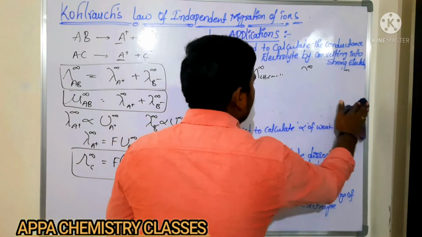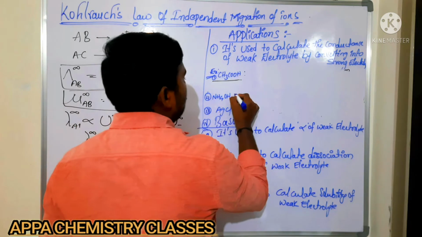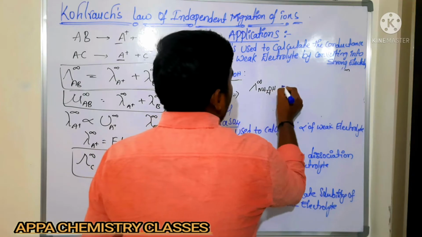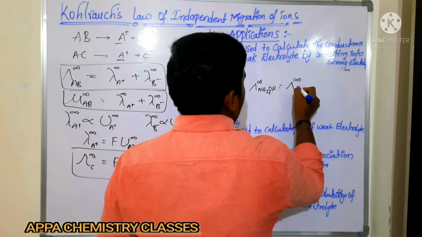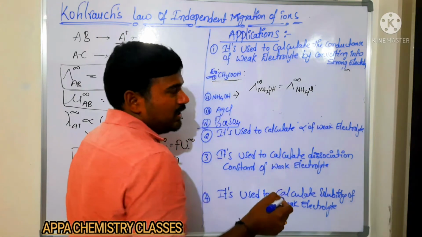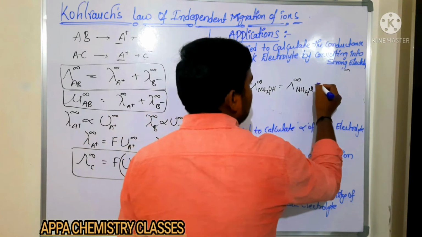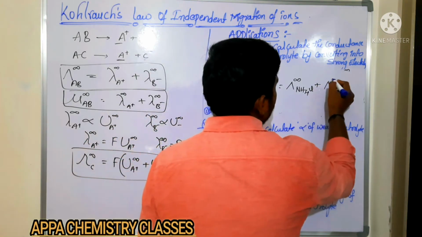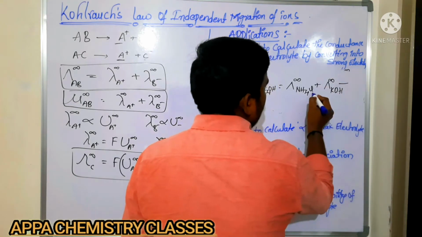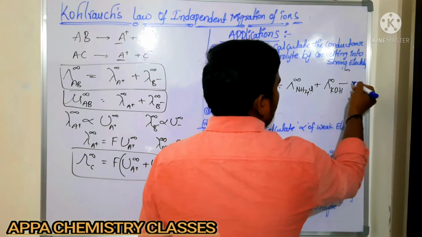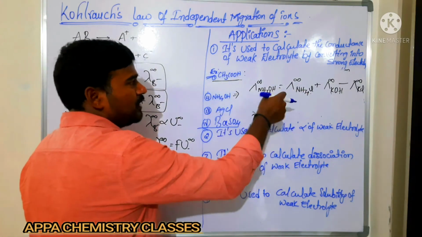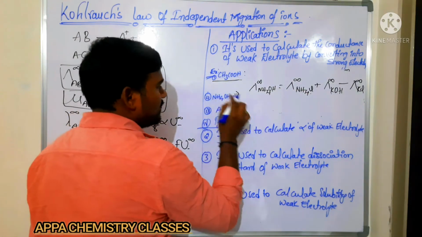In case of ammonium hydroxide, how are we going to calculate? Now, the equivalent conductance of ammonium hydroxide, I am writing directly. You see here, this is the ammonium ion NH4 plus. So I am going to write Cl minus. So we are getting ammonium chloride, which is a strong electrolyte. For OH minus, I am adding potassium ions, so it becomes KOH. So minus, here I am adding chloride ion and potassium ion, so those two should be subtracted: potassium chloride. Is that clear? So by using that formula, we can calculate the conductance of the weak electrolyte, that is ammonium hydroxide.